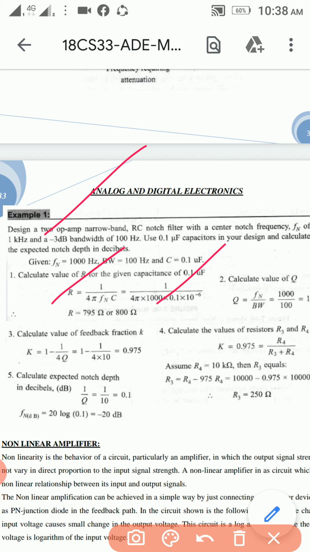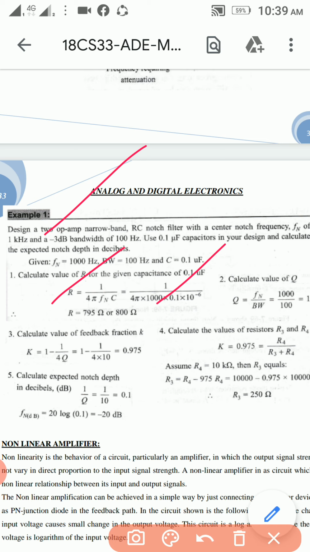So again, what he has to find out is the quality factor, right? So the quality factor of the notch filter is Fn divided by bandwidth. Fn we know, Fn is 100 hertz, and the bandwidth is given here. If the bandwidth value is not mentioned, they would have mentioned the higher and lower frequencies, so the difference between FH and FL is the bandwidth. But here the bandwidth value is mentioned directly. So the quality factor formula is Fn divided by bandwidth, and directly applying this formula we will get it.